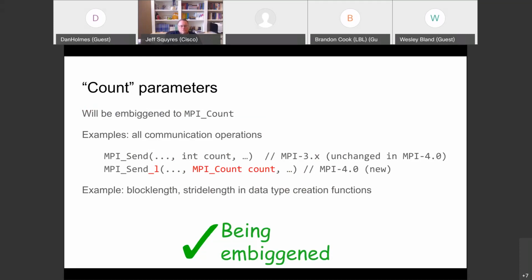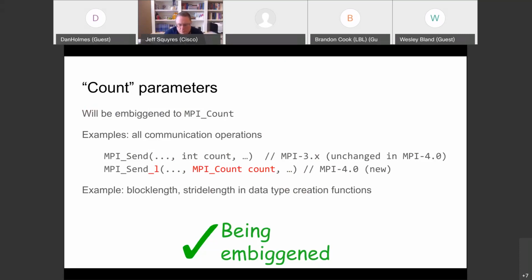Some of them already are. Some of them are int currently. Where they are int, we will have a new function which has the same parameters, but where the count parameter, or count parameters plural if there's more than one, will be MPI count type, like this example here.